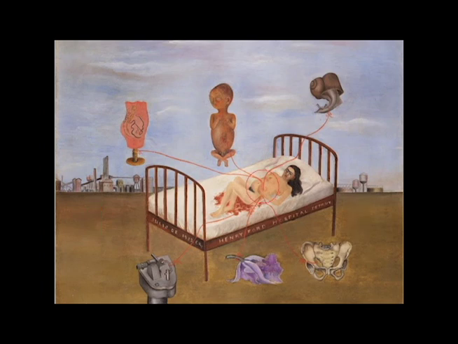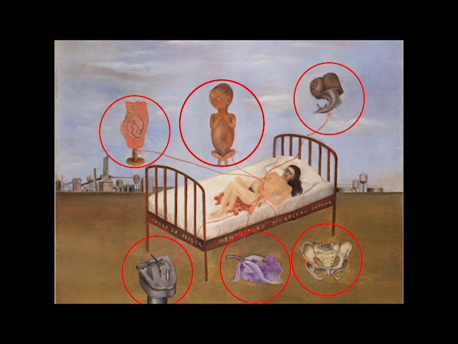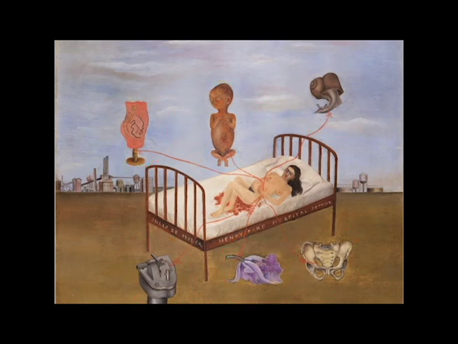Frida is holding 6 red ribbons, commonly interpreted as umbilical cords, that are attached to 6 different symbolic objects floating around her. The objects, starting from the top left and moving clockwise, are a pink orthopedic cast of the pelvic zone, alluding to her fractured spine, a male fetus, which is a representation of the child she just lost,